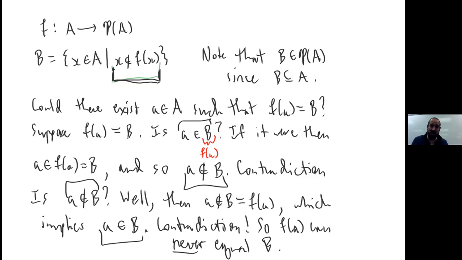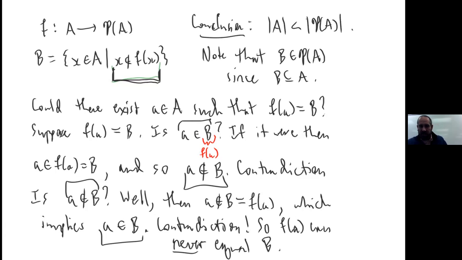And therefore, what can we conclude about the size of A and the size of the power set? Which one's smaller for sure? A or the power set? A is smaller, right? The conclusion is that the size of A is strictly less than the size of the power set of A, okay? You can't ever have this thing be a surjection because I've located this set that can't possibly be the image of anything, okay? I think that's kind of neat, right? And so that's where Cantor went with his thinking.